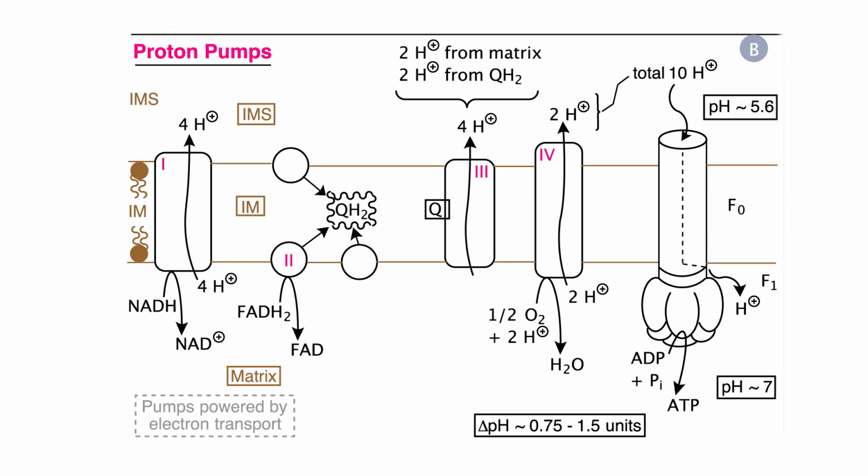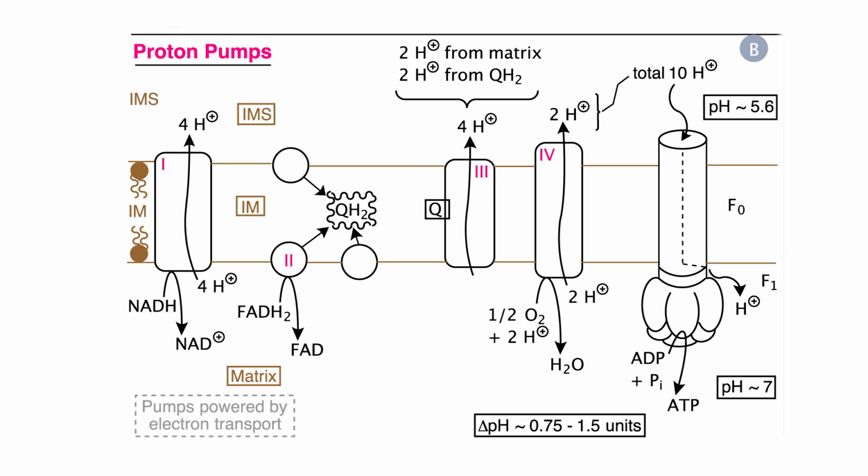I want to say a few words at the outset about proton pumps, keeping in mind that the reason electrons were moved through the electron transport chain was to power these pumps. In the lower left part of the figure, we can see complex 1. The transit of electrons through complex 1 from NADH results in the transport of 4 protons from the mitochondrial matrix into the intermembrane space. That is, 2 electrons from NADH are transported, and coincident with that, 4 protons are pumped